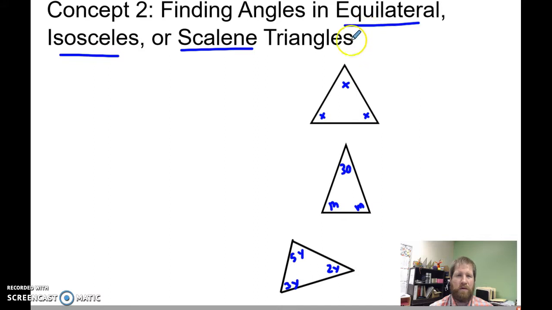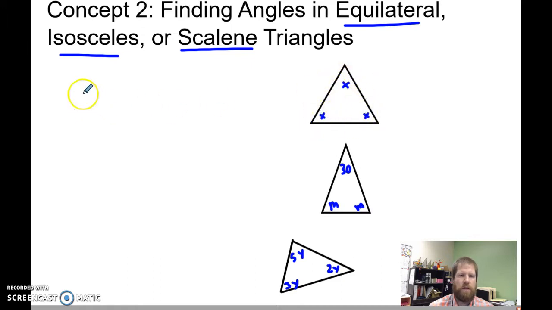Equilateral. When you're looking at angles for equilateral triangles, there's only one type. It can be big, it can be small, but as far as the angles go, there's only one. And we'll look at why that is, or one reason is if we look at these, all three